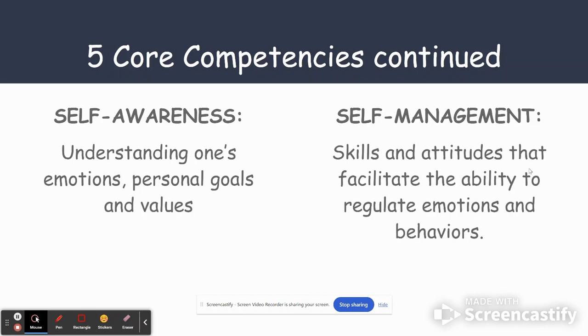of self-awareness skills. Self-management is skills and attitudes that facilitate the ability to regulate emotions and behaviors. So this is a big one as well. The ability to develop self-management skills is something we try to preach